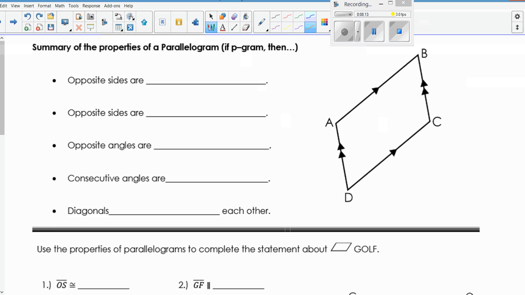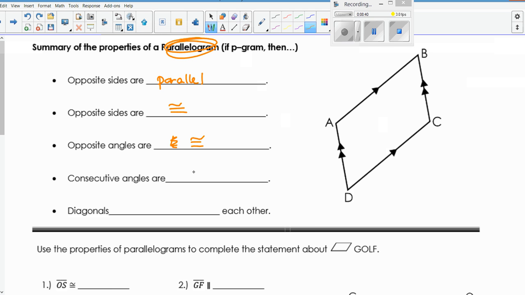So, the very first property is that if a quadrilateral is a parallelogram, then opposite sides are parallel. Okay, that is the definition of a parallelogram. Because that is true, you now get 4 additional properties. One of them is that opposite sides are congruent. One of them is that opposite angles are